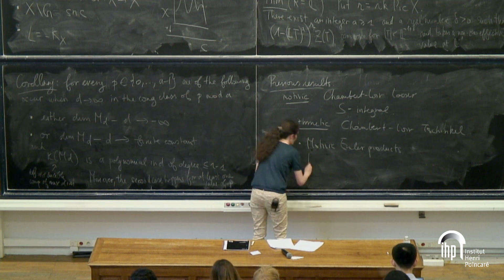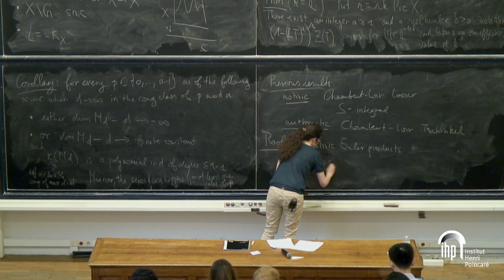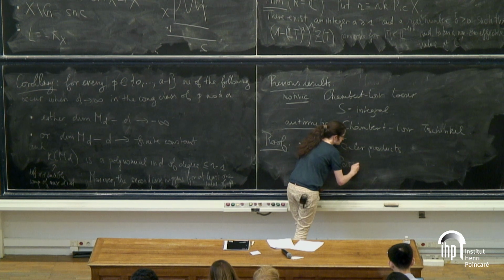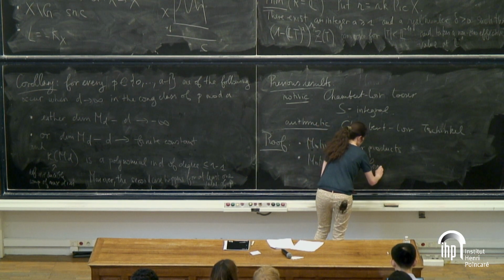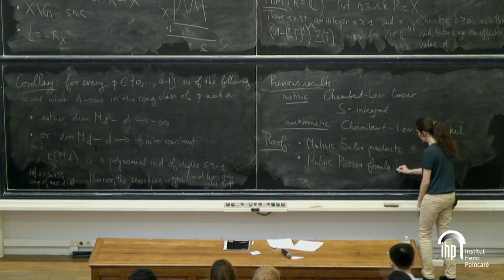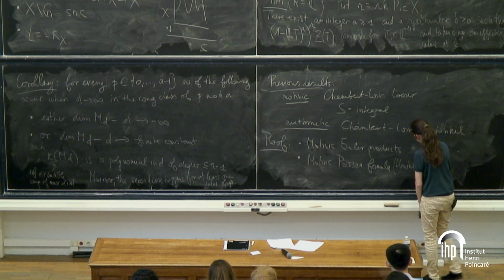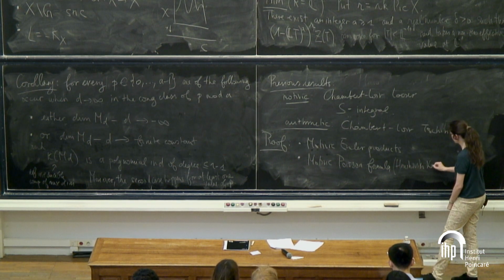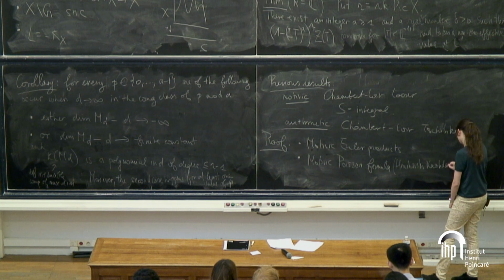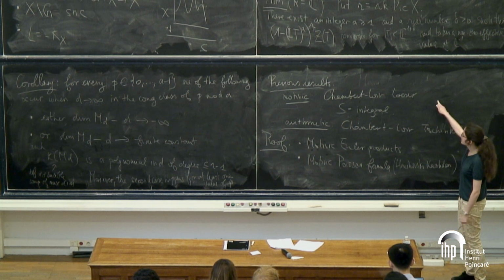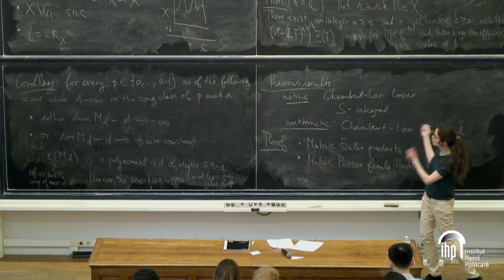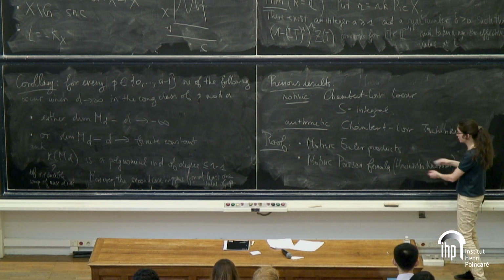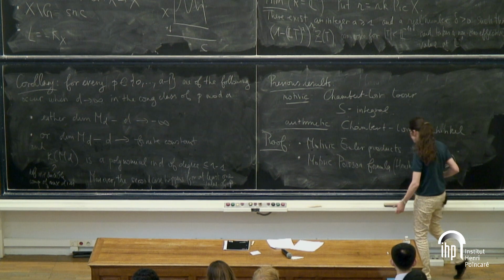You need a Motivic Poisson formula, and this is due to Hrushevsky and Kazhdan. In this case, one can apply it as is, but in our case, because the poles of the sections vary, we actually have to extend it a little to be able to apply it